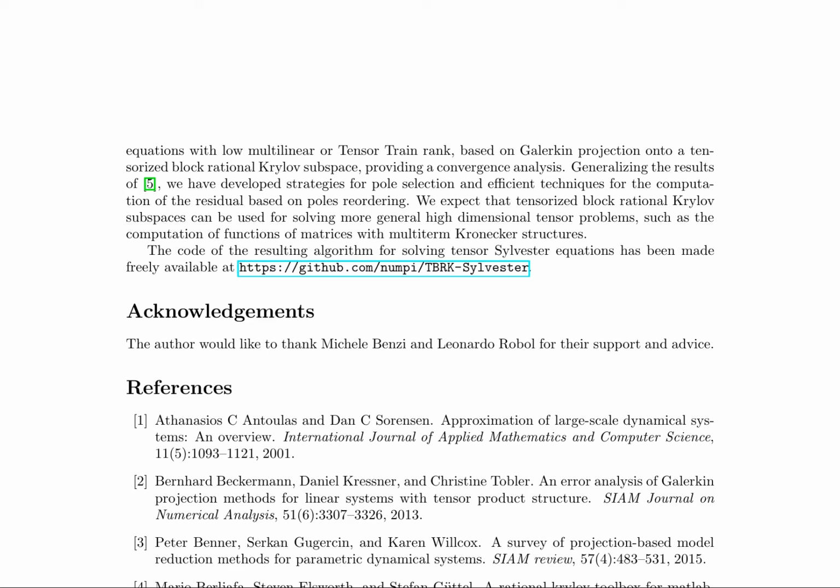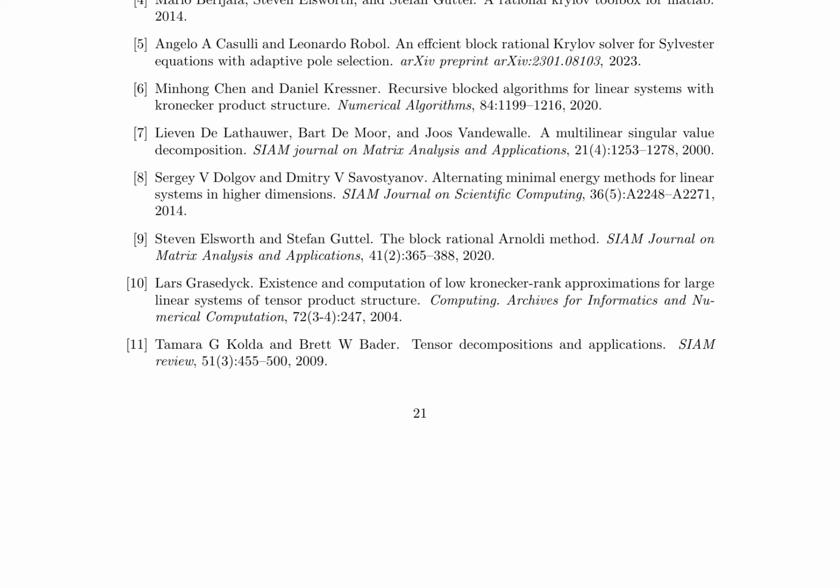The authors provide an in-depth analysis of the convergence properties of this approach, as well as strategies for pole selection and efficient computation of residuals. The block rational Krylov subspace method builds upon existing techniques such as the rational Krylov algorithm and alternating minimal energy methods. It utilizes Galerkin projection onto a tensorized block rational Krylov subspace, allowing for the solution of tensor Sylvester equations with reduced computational complexity. The authors also discuss the implementation of their algorithm, which has been made publicly available at